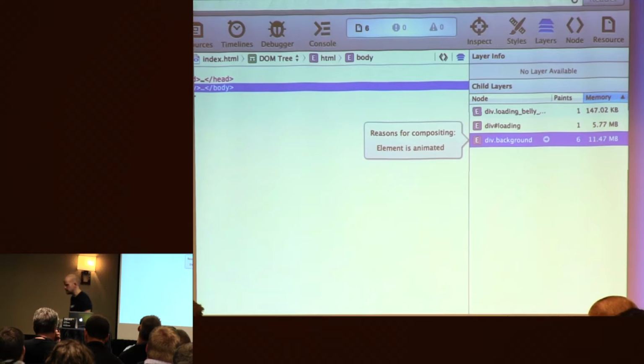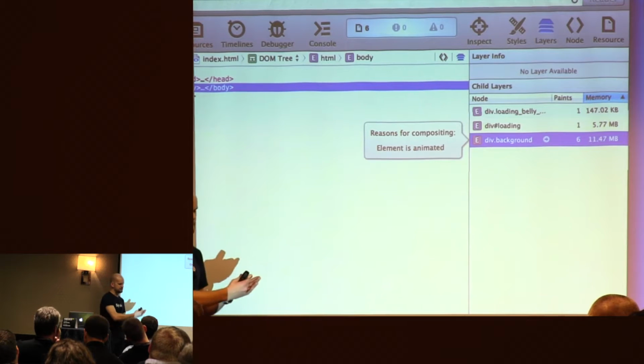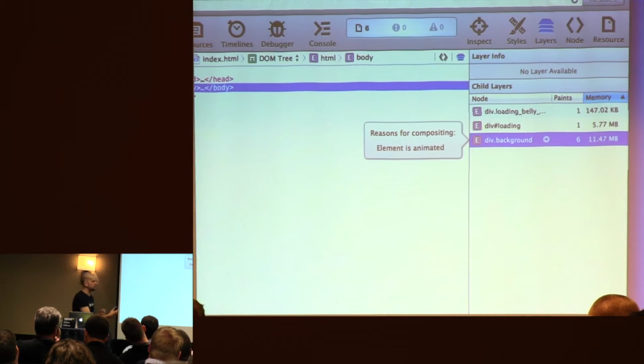And this is one of the reasons why you don't want to use hardware acceleration for everything. If we could, it would actually be quite efficient. Despite the actual process, there are instances where it wouldn't be, but to have everything as separate composited layers, it would take a lot of memory, and that's one of the main reasons why you don't want to do it with everything. But also I'll show you an example of something that actually slowed it down and created a lot of paints by using